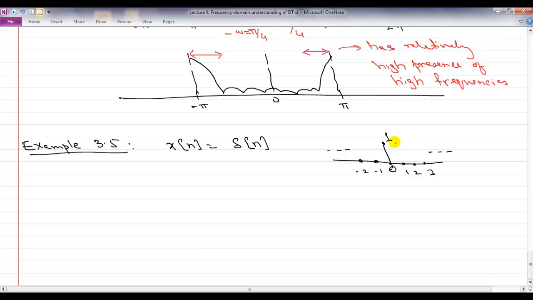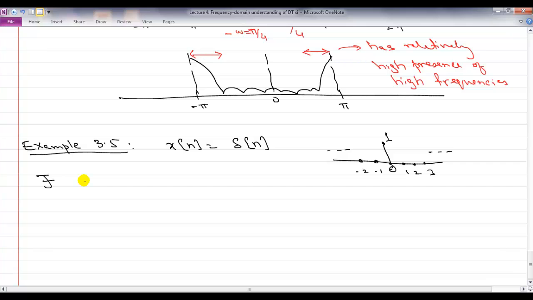There is no signal in the world that can effectively change faster than this signal. Right? 0 suddenly becomes 1, becomes 0. What it says is that if you intuitively try to think of it, this signal really needs all kinds of frequencies to be present in it. Okay? 0 suddenly becomes 1, becomes 0 again. To recreate that signal, you must have a lot of frequencies present in your signal. Okay? So that's sort of the intuitive understanding.